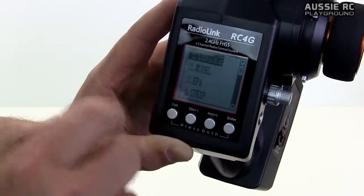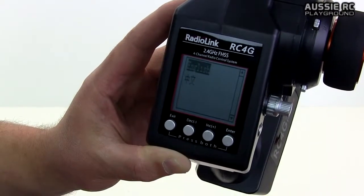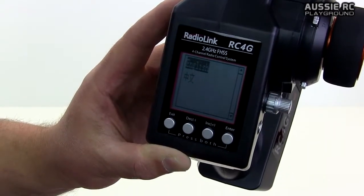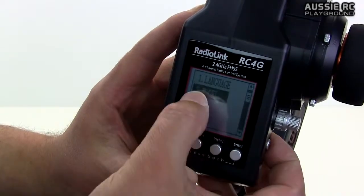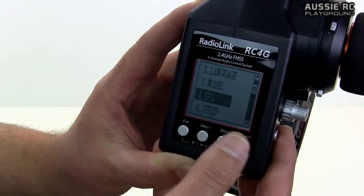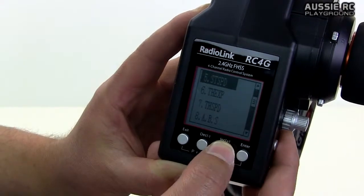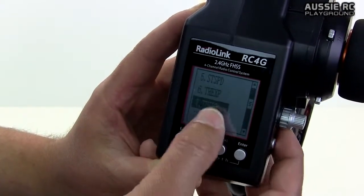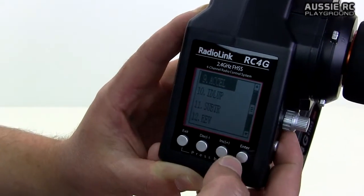First thing you'll see is of course your language. Now languages, you really only have 2 to choose from. If I go into there, you have English and Chinese. That is it. All right, model, scroll down, you can select your model that you want to use. You got endpoint adjustment, you got steering exponential, you got steering speed, you got throttle exponential, throttle speed, ABS, acceleration,